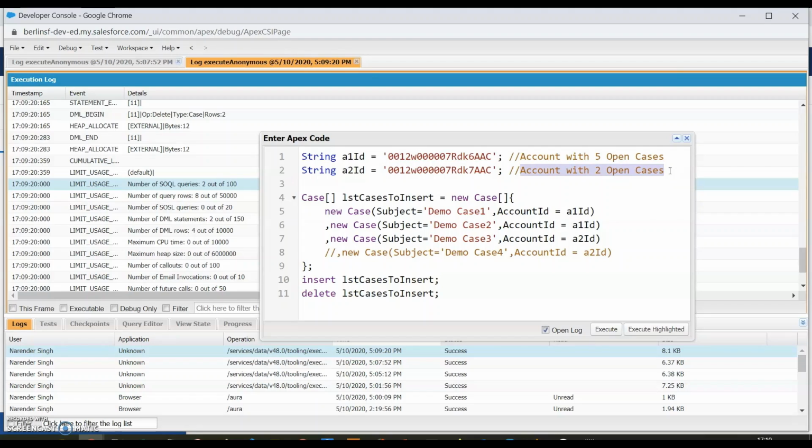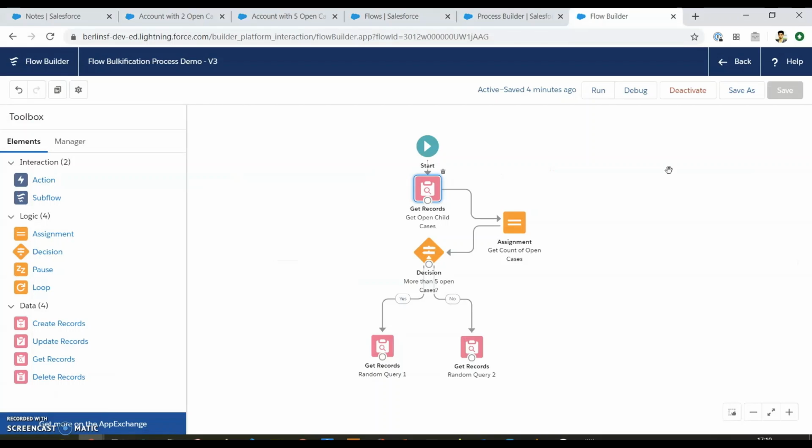So in this case, what's going to happen in our flow? First, the case will be created, and then it will check the number of open case records, then the size of the collection. For the two cases which have more than 5 open cases, it will execute this